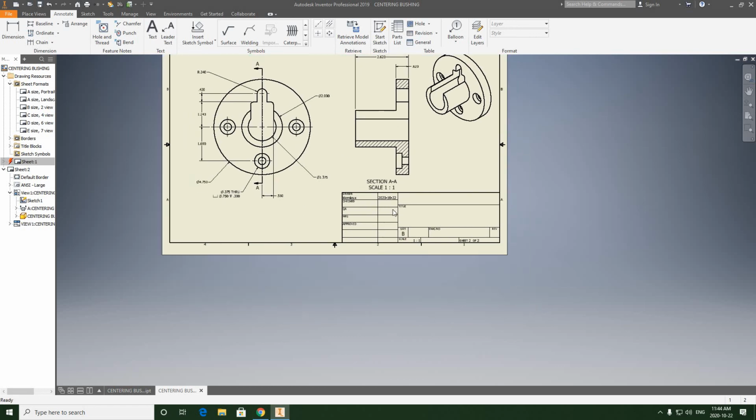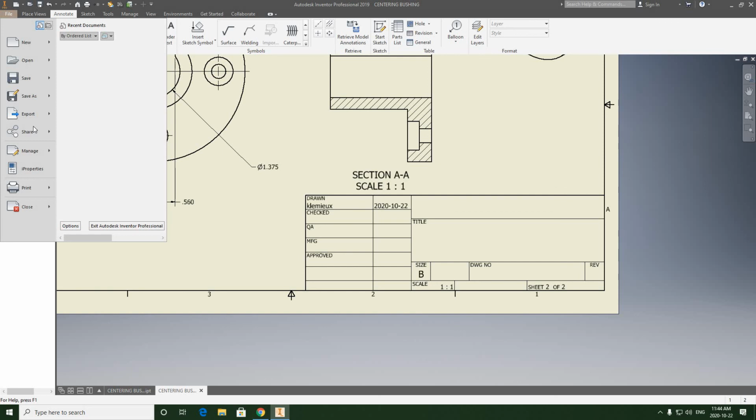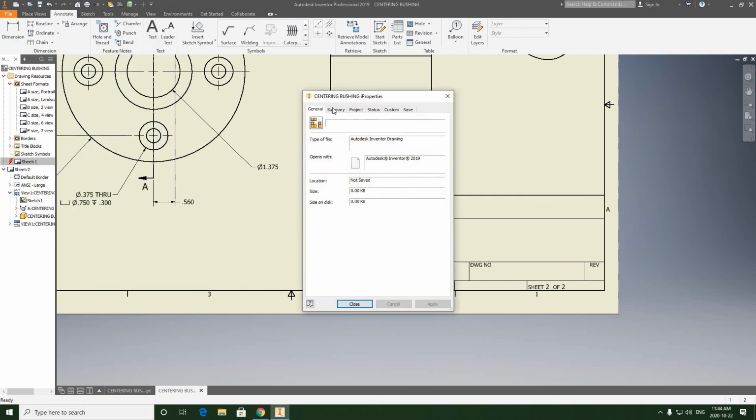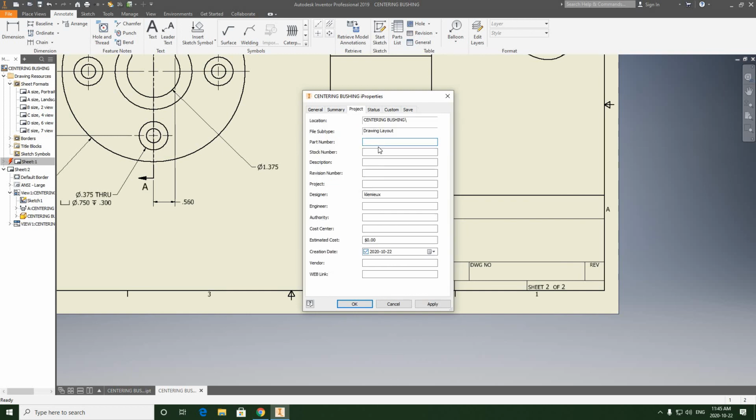Last thing we're going to do is the title block, and that's going to complete this fully. So again, a review of title block creation, file, iProperties. And by now, because you've seen me do this in every drawing file video, this is something you probably don't need me to show you, but I'm doing it anyway because repetition is good. Title, centering bushing, my name. The company is our school. And project, part number, 3M1, last 3 digits of our course code, and this should be